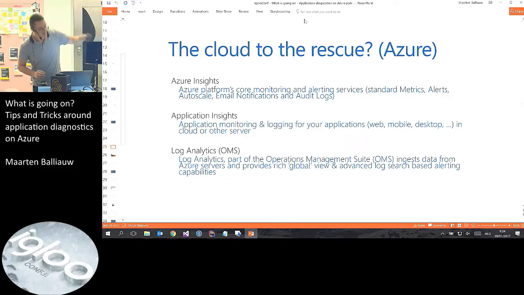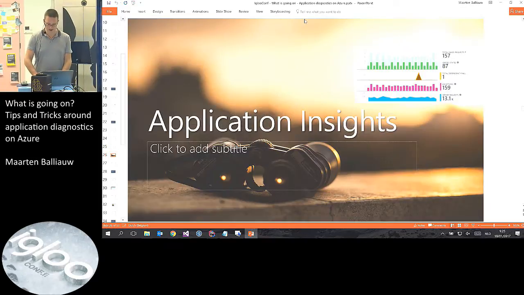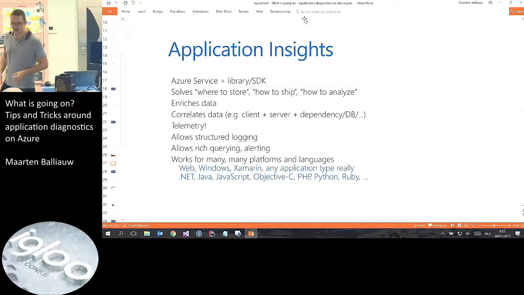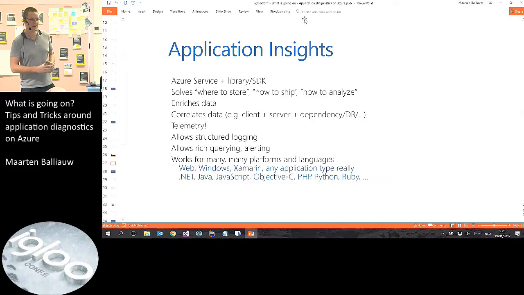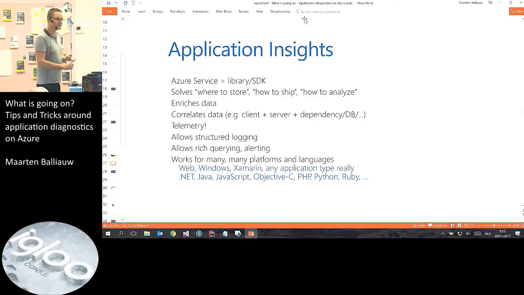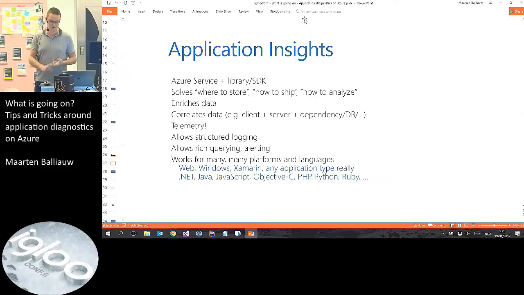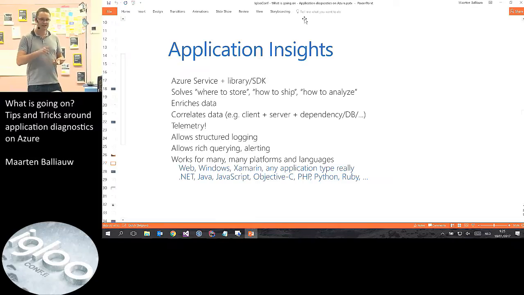Going to focus on the middle one because that's related to our application, which is what I'm interested in. Right, Application Insights. Application Insights is a very simple two-word name for something that is actually quite complicated. It is both a service on Azure as well as an SDK and a client library that you can use in your application. It solves all the things around where to store this data, how to analyze, how to correlate